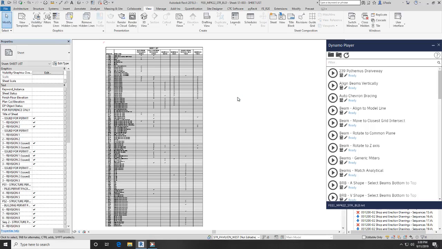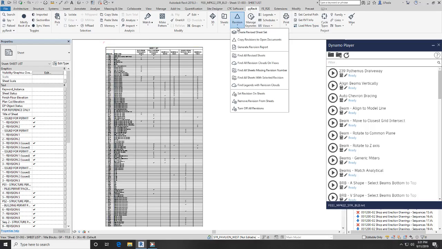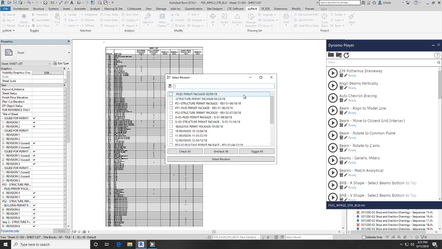So if we wanted, we could go through each sheet and cloud based on our new revision, or if this is because we don't actually want it to be clouds but to just show up on our title blocks, I'll show you the process. Hopefully you've installed PyRevit already. This is going to be more fundamental in our process. And PyRevit has these new revision options. In this case, because the revision's on a sheet set, let's go ahead and put them on the sheets. So go through that,